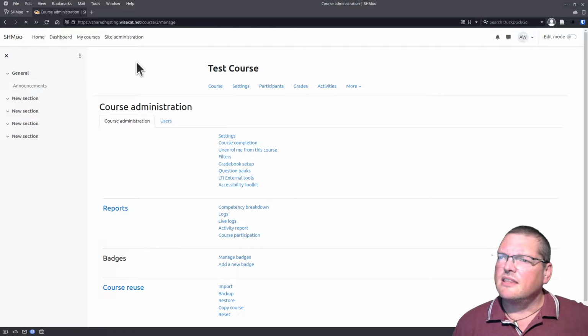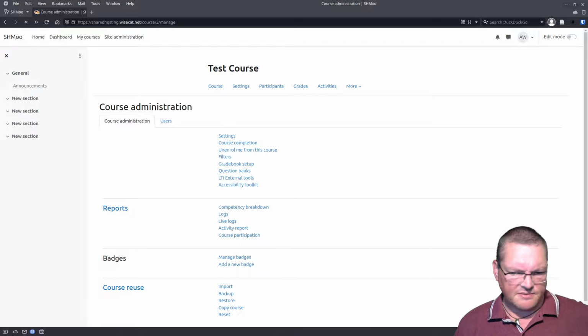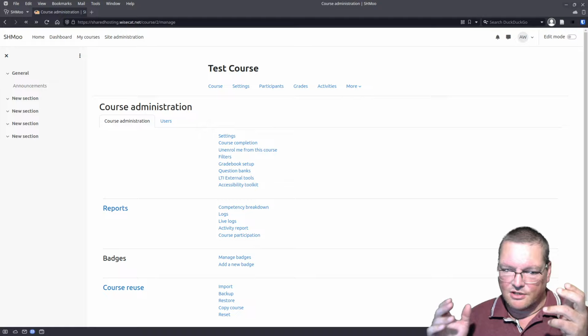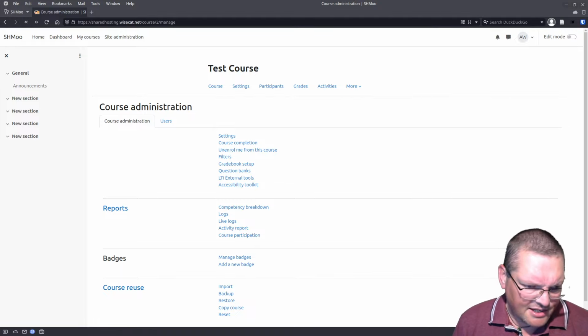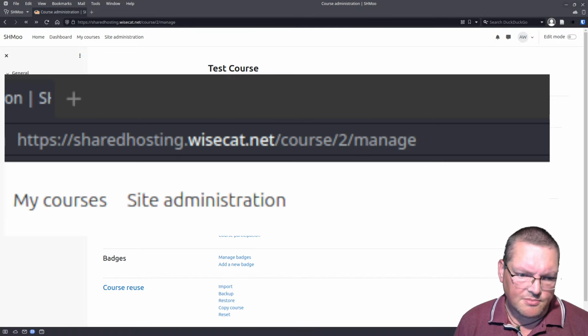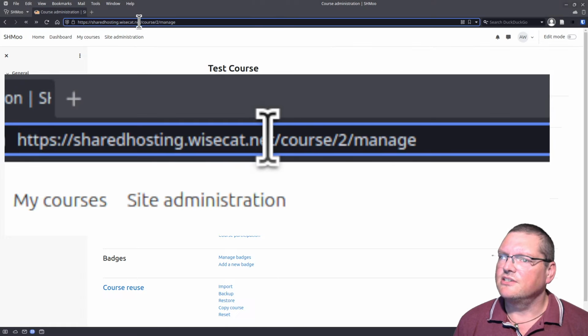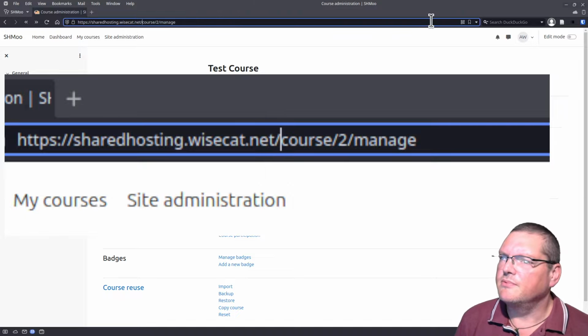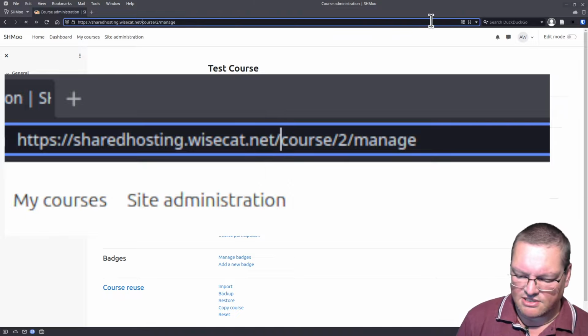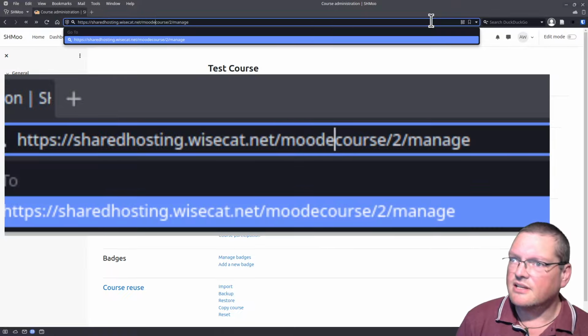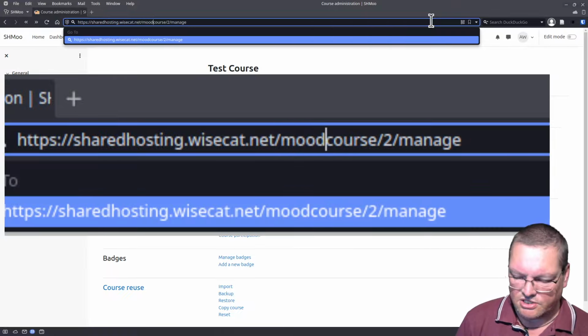Oh, there was another thing that we wanted to try. Another thing is, so at the moment, yeah, let's try that as well. This could be a rabbit hole. But if I look here, the URL at the moment, I've got this running in its own little domain. So it's actually running as root here. But another issue some people were talking about was, what if I have it say /Moodle/